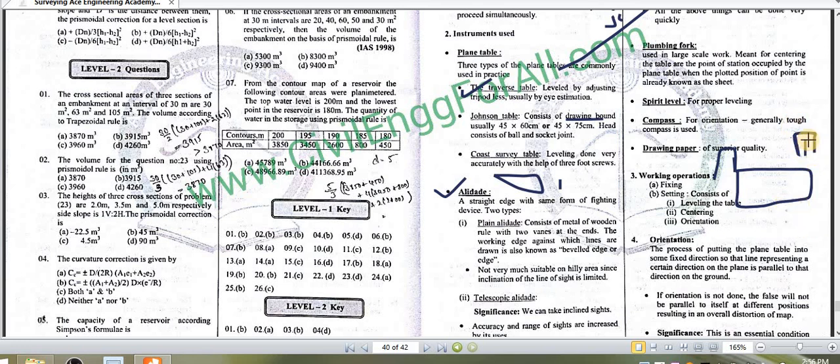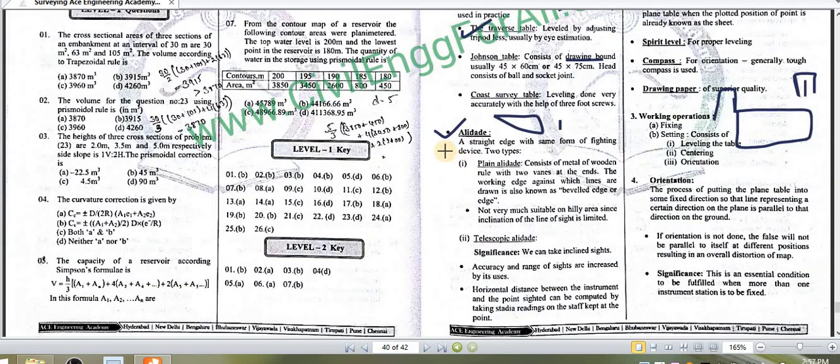After matching it with your crosshair, one of the surveyors will take a chain, and from the bottom of the table will measure the horizontal distance between them. After measuring the horizontal distance, according to your scale you will have to plot it on your sheet. So this is the purpose of your alidade. The surveyor will see from the sighting vane, and from the object vane it will bisect the object, and it has been provided with the fiducial edge. Based on the graduation marks you can plot it easily on your sheet. So that is the purpose of the alidade.